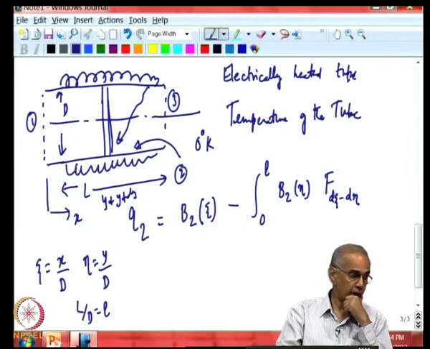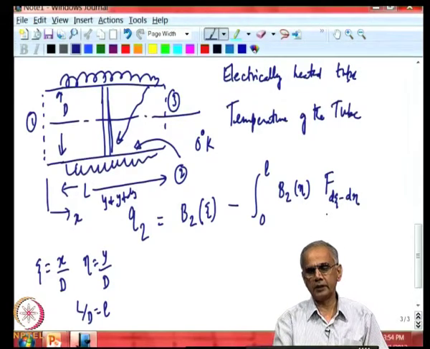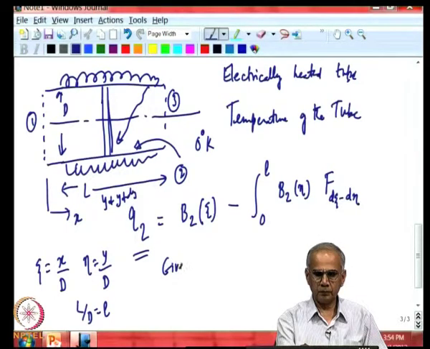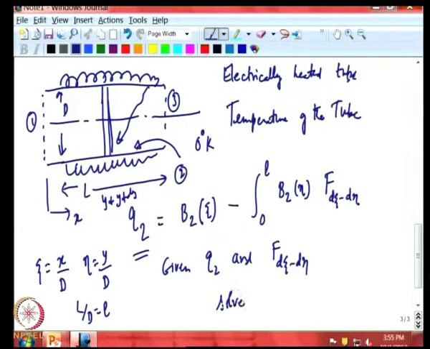Okay. And once you know this shape factor f d psi d eta, and Q2 is given, specified electrical heating, so given Q2 and f d psi d eta, we solve for V2 of psi. So, that is a problem statement, and you can see that this is an integral equation,